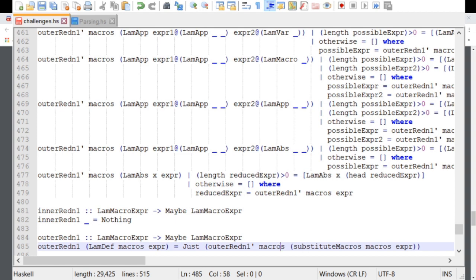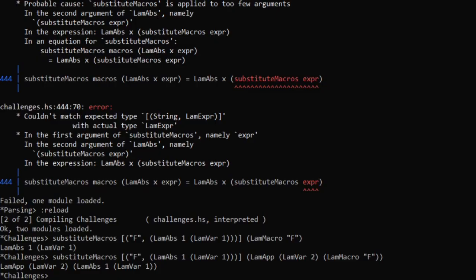Let me just try this in here, if I can get map to work. So if I do map second, right, map dot second, yeah, something like that. Wait, should I map second and then, wait, maybe I should do it more like this, second dot substitute macros with the argument